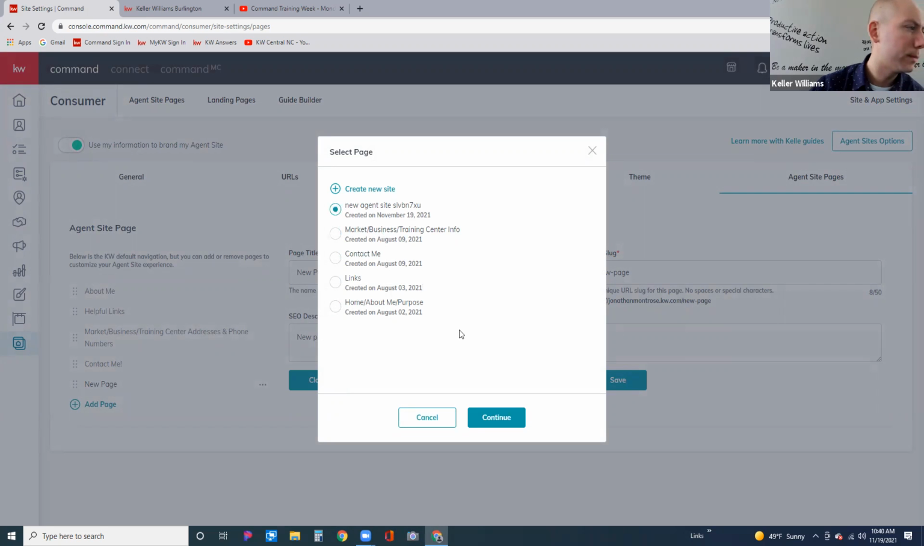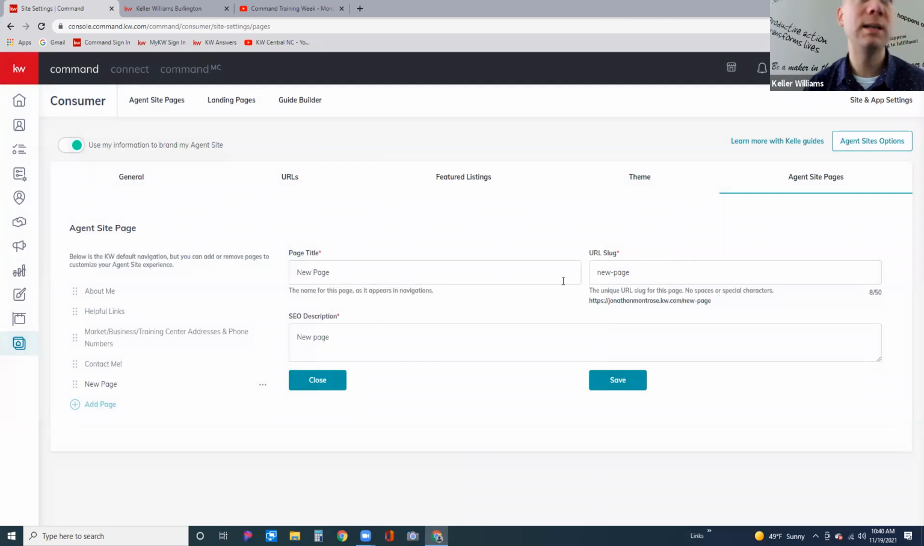Click. Now it says new agent site. It's got some crazy letters and numbers. We're going to continue. Note a few things, like I was saying before. This just says new page. This is like the bunnies example. So I want this to say something. We're going to say that this is my YouTube